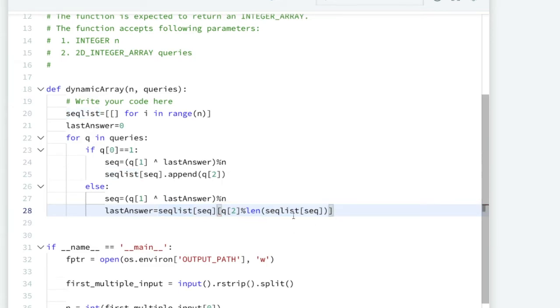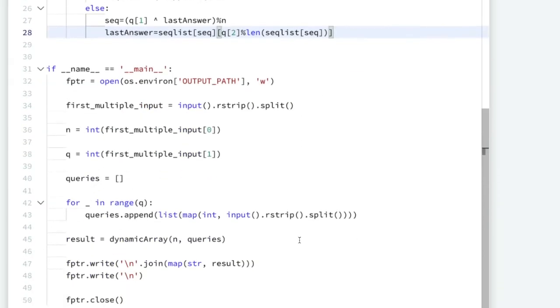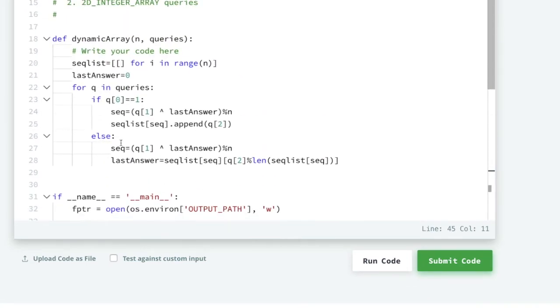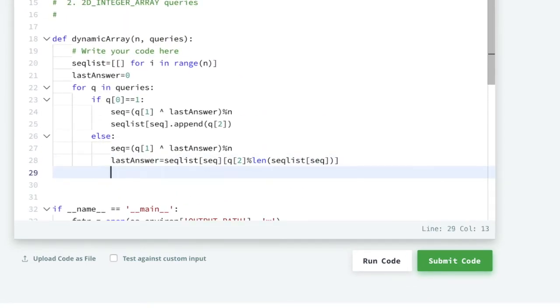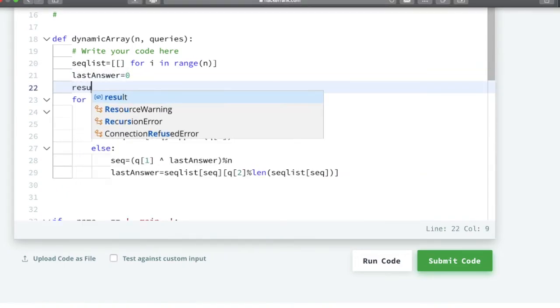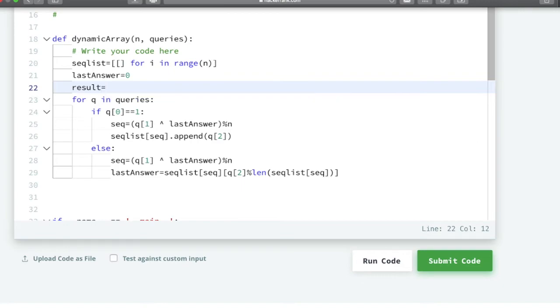Now they are saying that we have to print the answer. So if you see here, they have just called the dynamic array function and they are accepting the value in result. So instead of printing, we have to save our answer in, suppose, the result variable. So let me take one result variable which is a list.